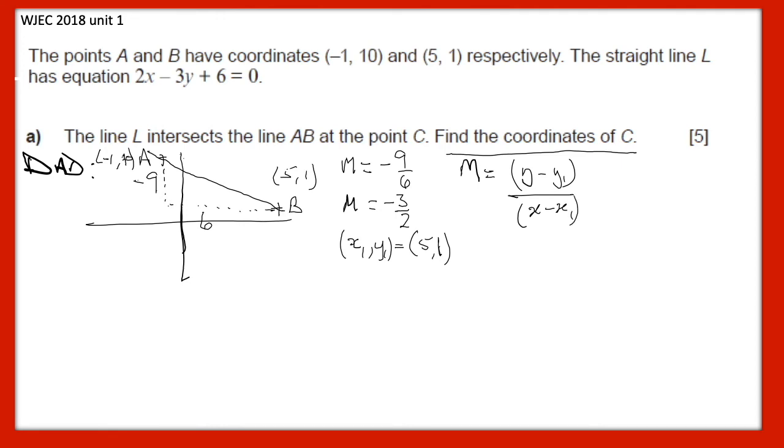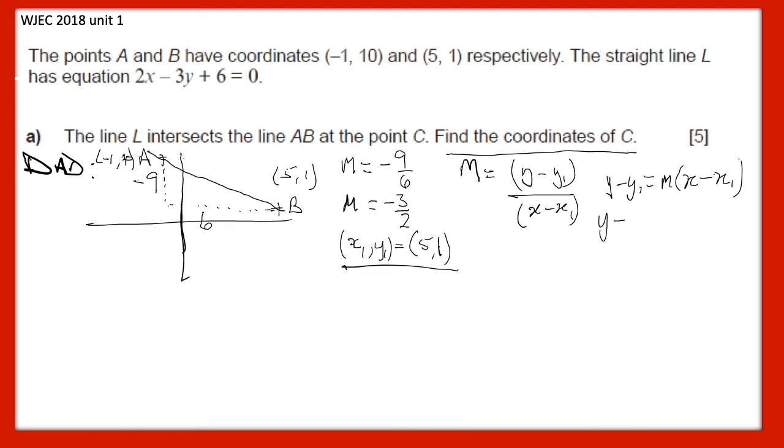If I rearrange that by multiplying both sides by the denominator x minus x1, I will end up with y minus y1 is equal to m bracket x minus x1. And that's a good version to use, and this is why I called this point here x1, y1. So if I plug in my numbers,